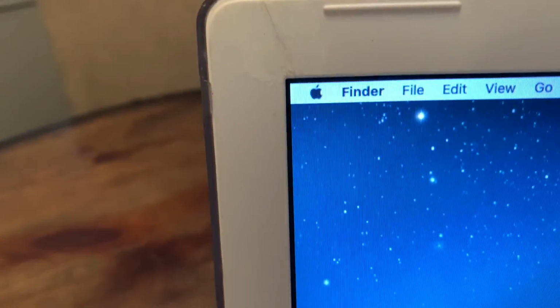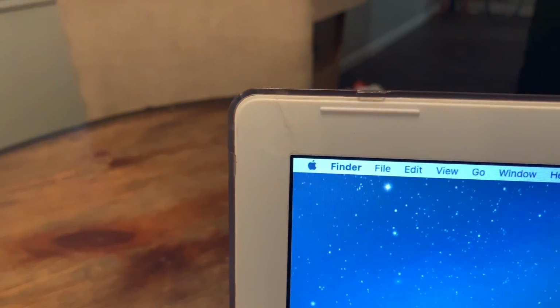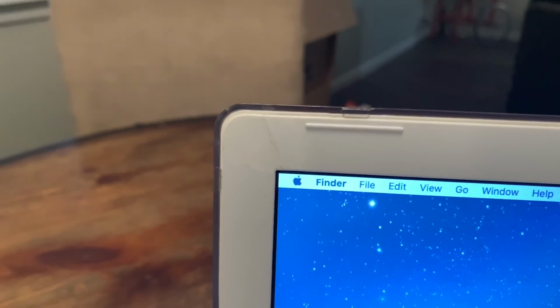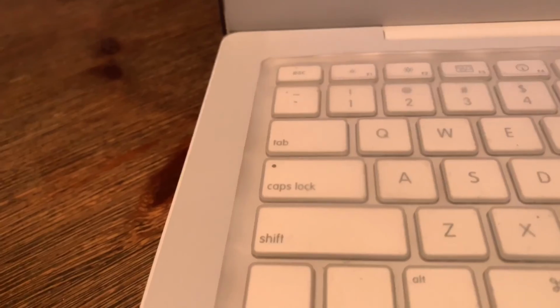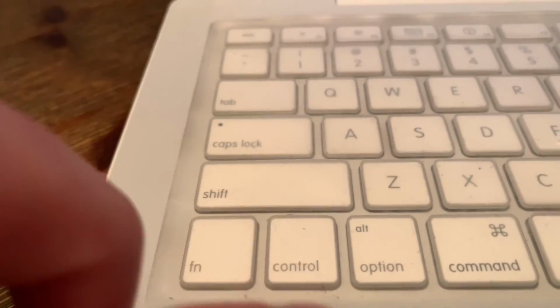I've already replaced this screen bezel once, and when I put the new one on, it cracked again in the same spot. So there must be a lot of stress on that corner. I don't know how to fix that, and I don't know if I want to buy another bezel and just have it crack again. But yeah, it's got a new bezel, but that is why I told you about the case,